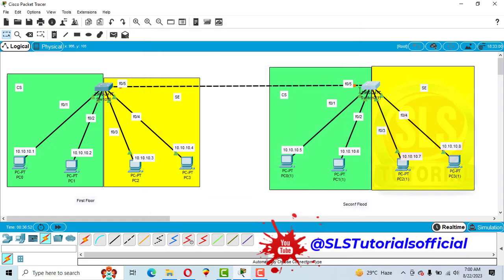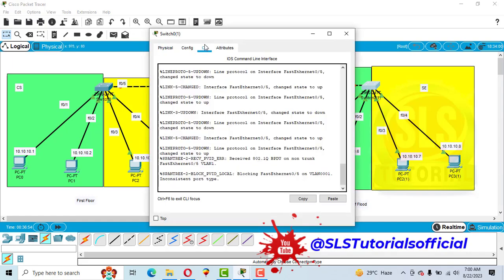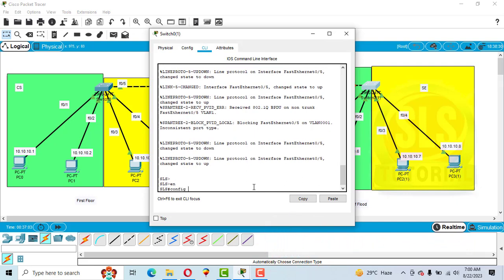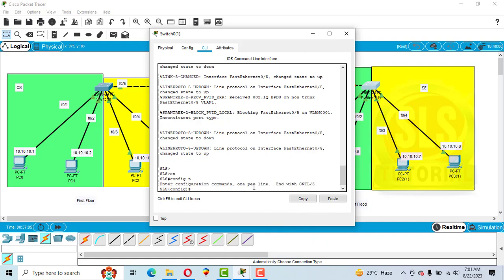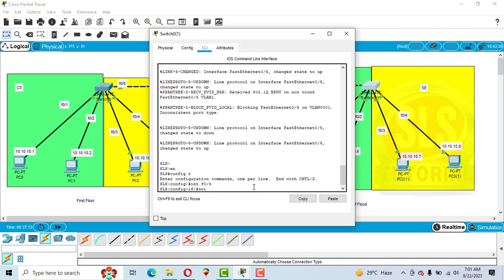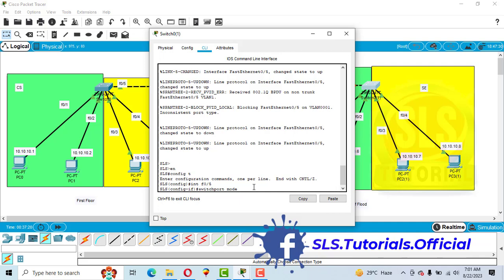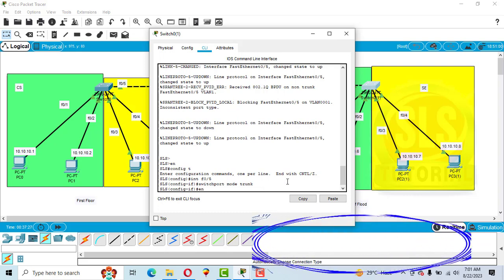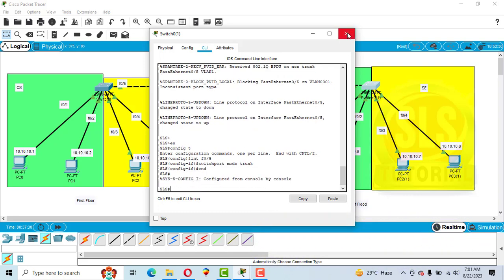Also configure the port on this switch. Click here, go to CLI, go to enable mode, and then go to configuration mode, and then write int F0/5, enter, and then switchport mode trunk, enter. So again end the process, close this, and now